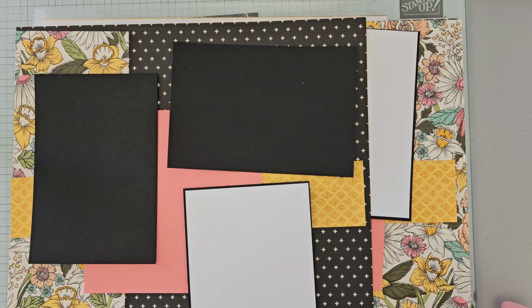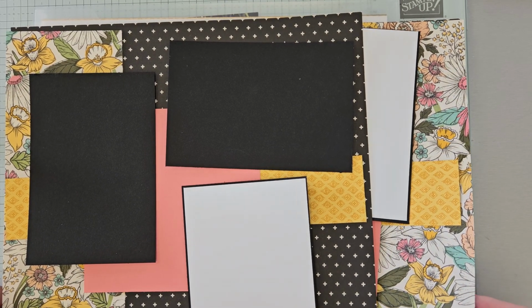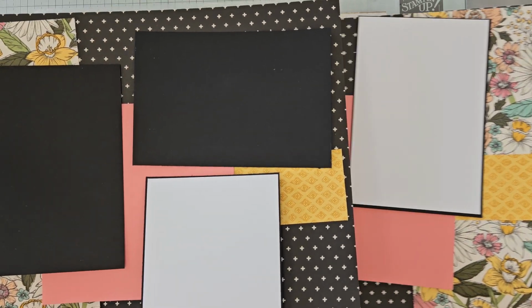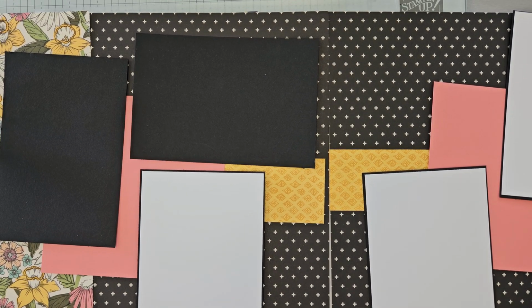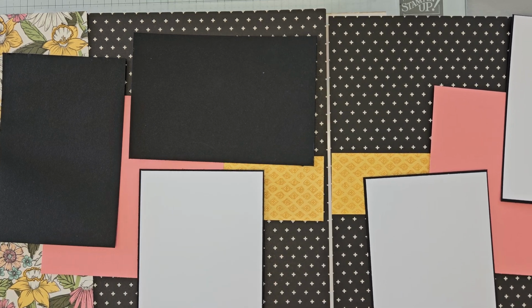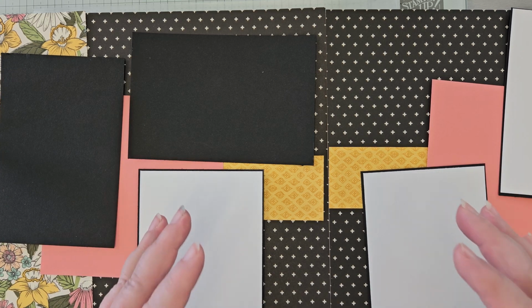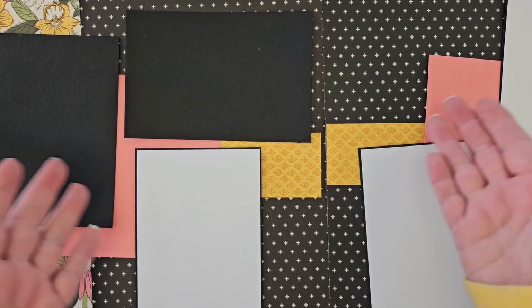And to be honest, today I'm using a past paper pack, DSP, Designer Series paper. And I'm going to be showing you a layout for a scrapbook page. I have not done a scrapbook page in a while. I'm not going to cut the paper. I will tell you the sizes of the paper, but I'm not going to cut it today, partly because it's an old